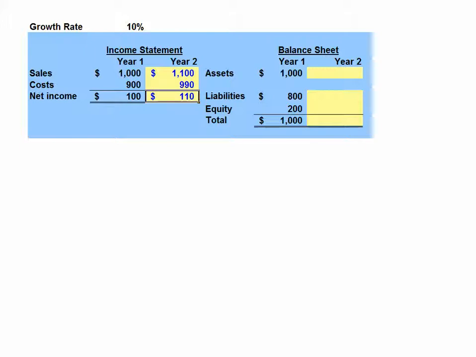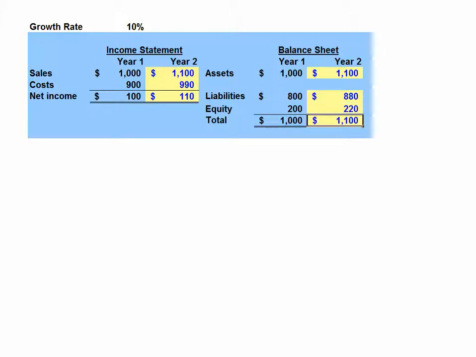Our year two balance sheet. If we want to sell 10% more, we're going to need 10% more in the way of assets. That's inventories, plant and equipment, receivables, etc. across the board. So assets will increase to $1,100. We're also going to go ahead and increase our liabilities by 10% as well as our equity by 10%. So liabilities go up to $880, equity goes up to $220, and our total liabilities and equity are $1,100 and